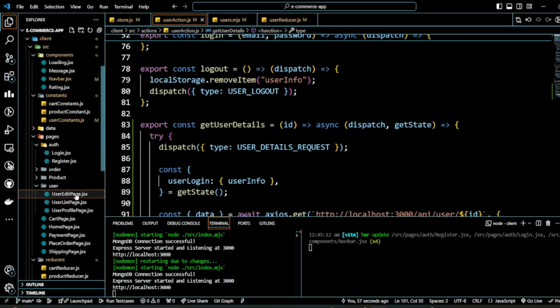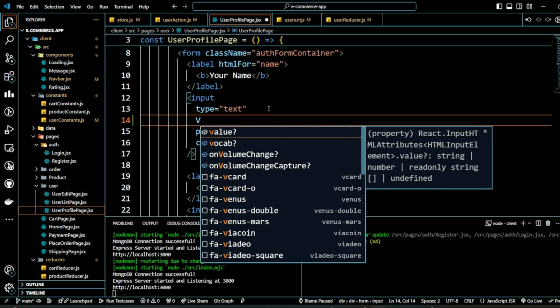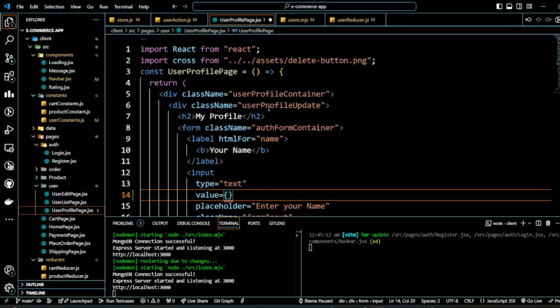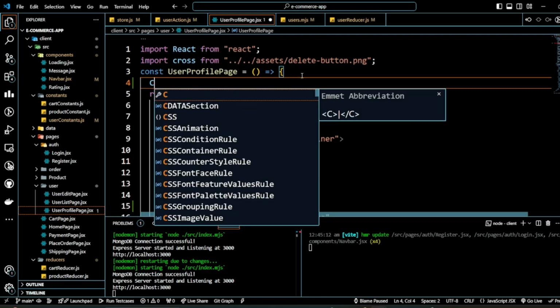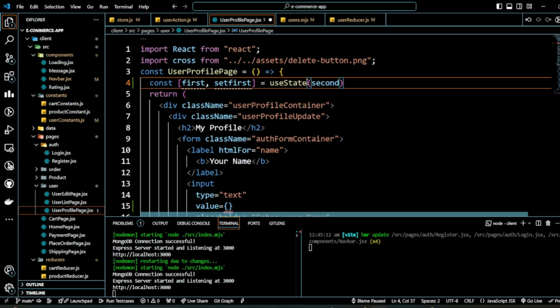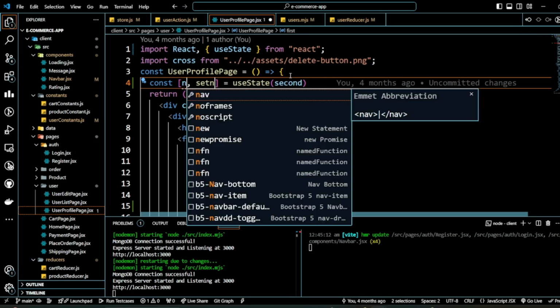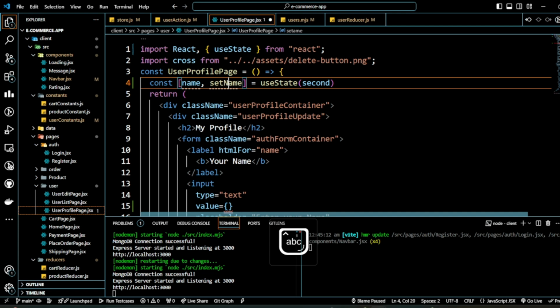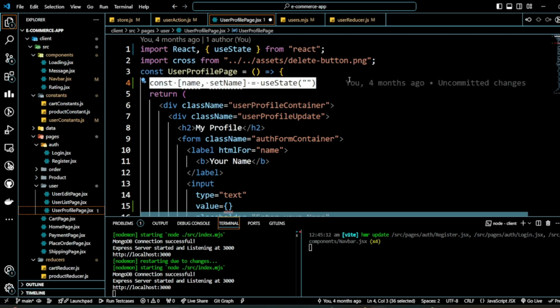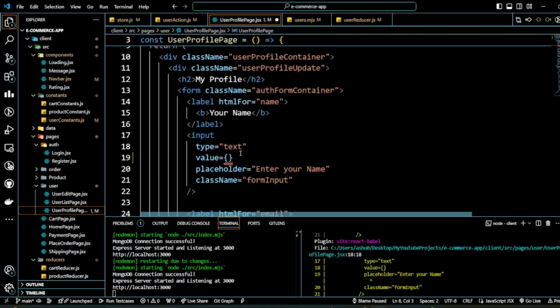So let's go to the user profile page now, and let's display this action now. Let's design the value here, and we need the useState now. So useState, let's write this. And it will be name, so it will be initially an empty string. Similarly we're gonna set the email, password, confirm password. Okay, we're getting an error because I passed the value here. So it will be